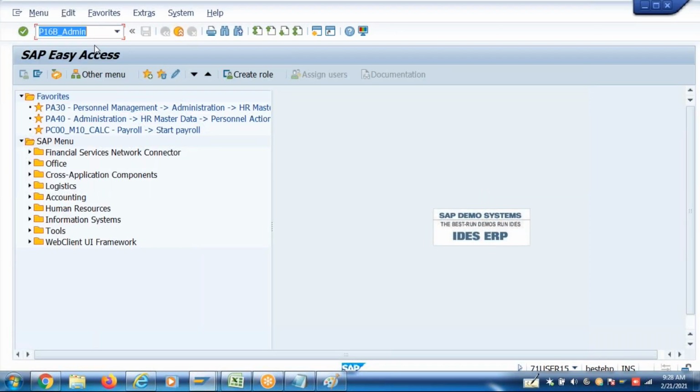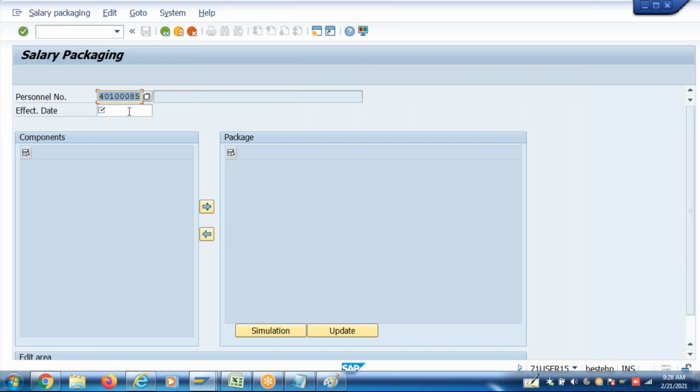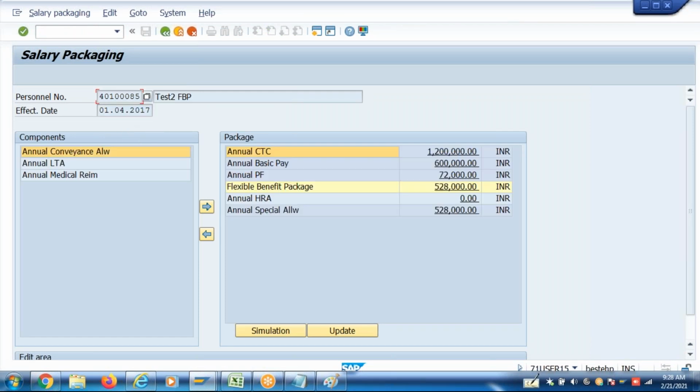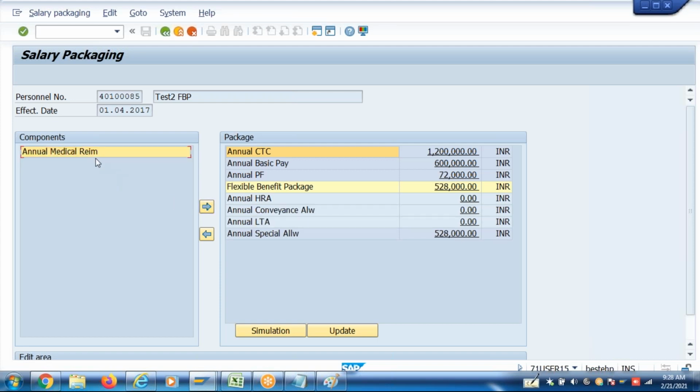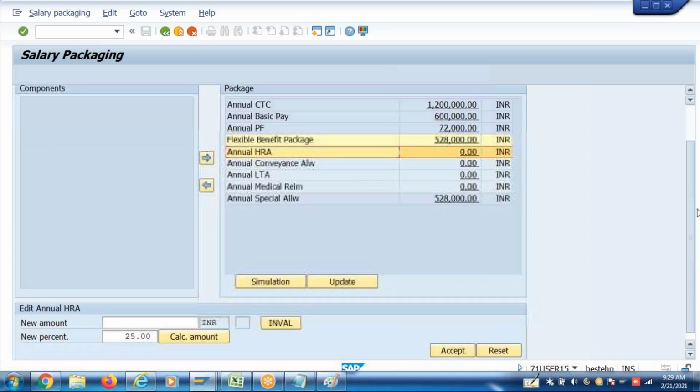first I'll show you how to update this. Select the effective date. So this is how the screen is displayed in the ESS, guys. So the components, if you want to allocate, select this and move this side, guys. Whatever the component you want to allocate, select this and move this side. And for the allocation, double click on it. When you double click on the amount field, okay, here you will see